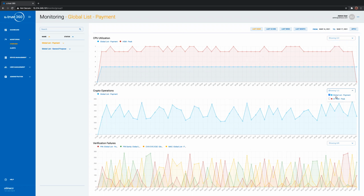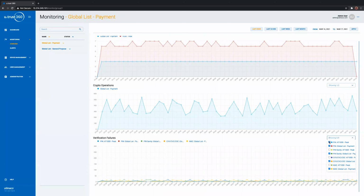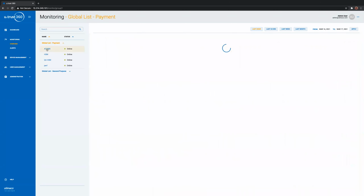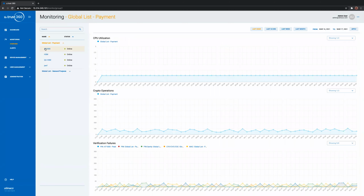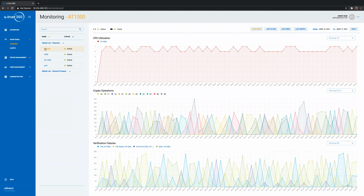The same is true with the crypto operations. I can see how that compares with the overall group of the HSMs. And so it is with the different verification failures, based upon what I am interested in. I can always go further down and dig deeper at a device level to see how that looks. As you can see here, the CPU is at a specific level, and the different functionalities are shown depending upon what